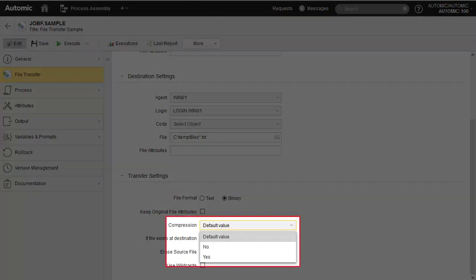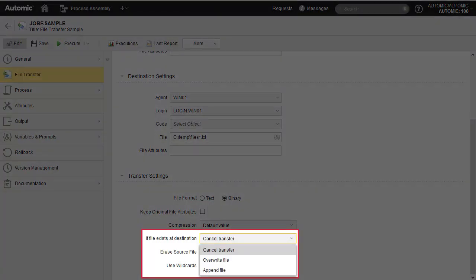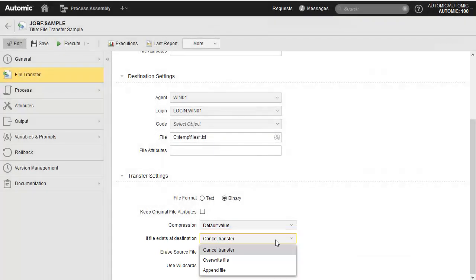You have the option of compressing, although the default value is no compression. These are the options in case the file already exists at destination. You can cancel the transfer, overwrite the file, or append the contents.